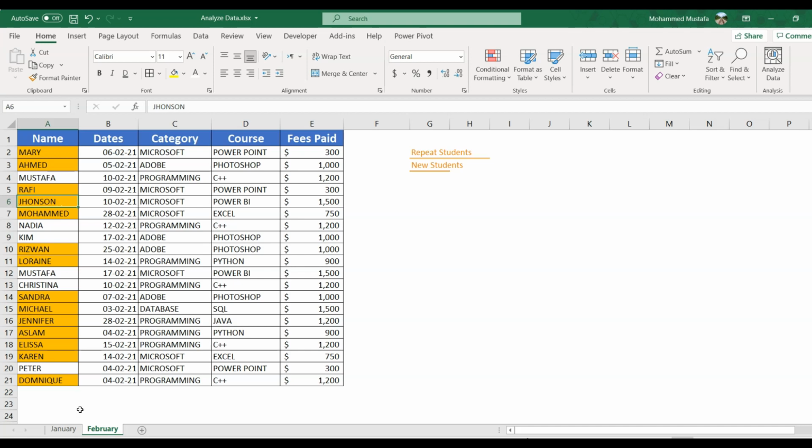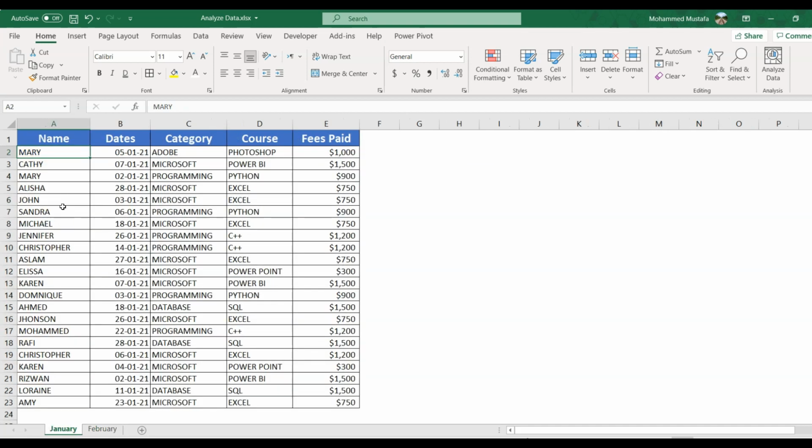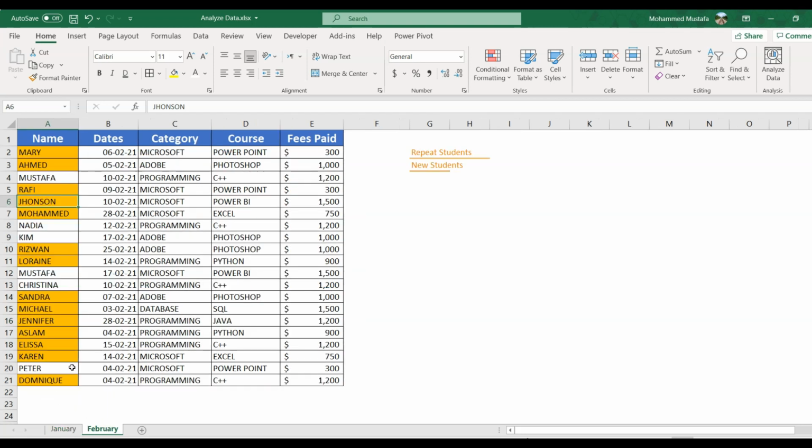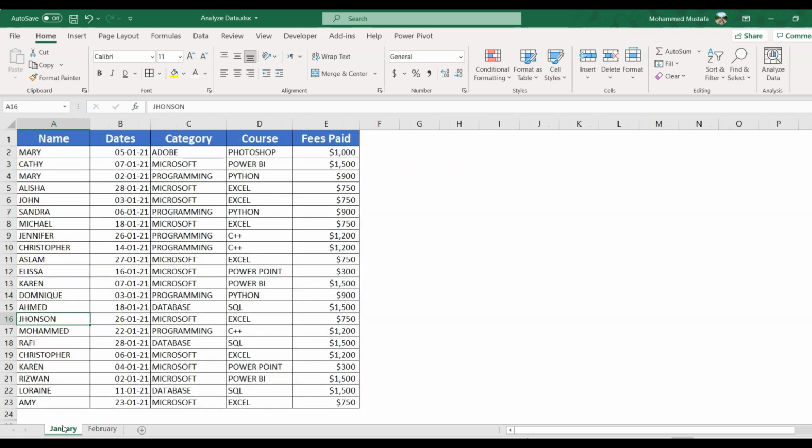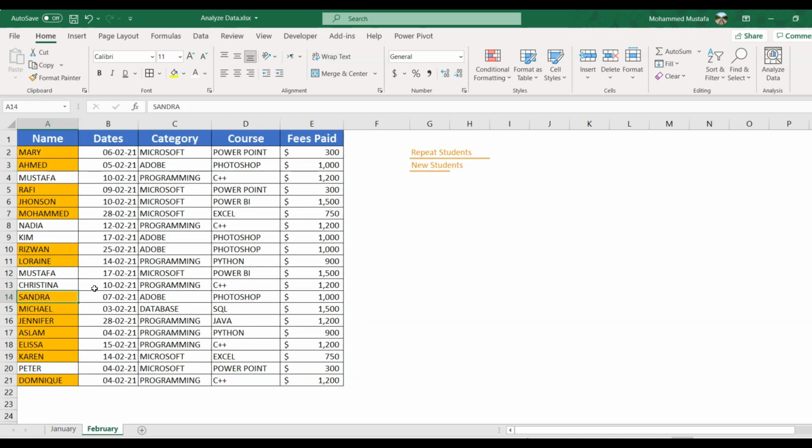If I look for Johnson, we should be able to find Johnson as well in the month of Jan, and you can see that Johnson is over here. Sandra, let's look for Sandra, and we have Sandra here as well. So with the use of conditional formatting, we have seen that we can find out the repeat students who took courses twice